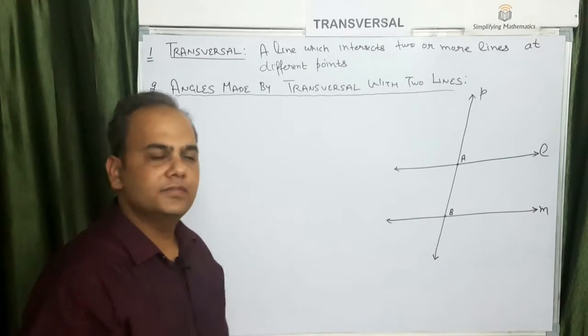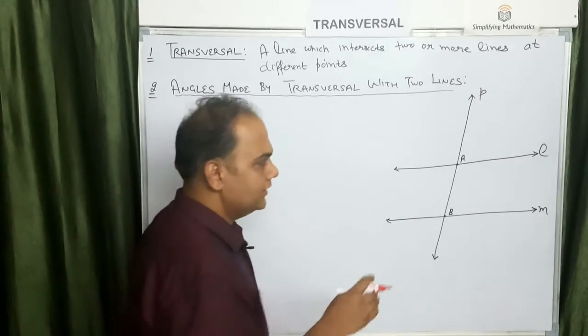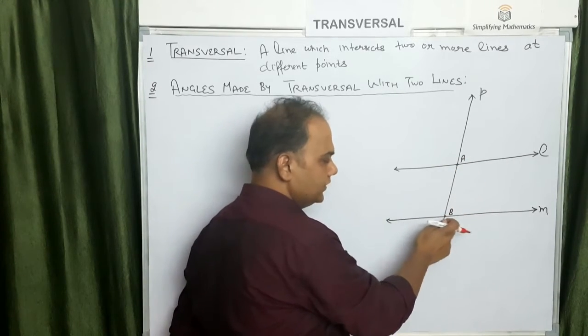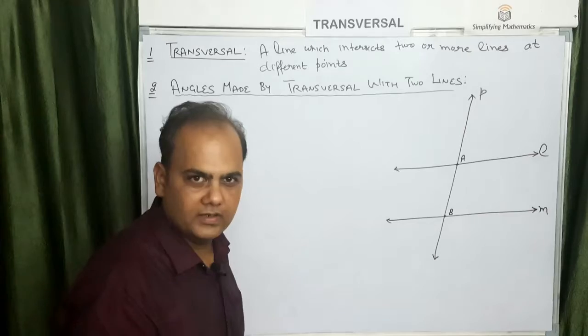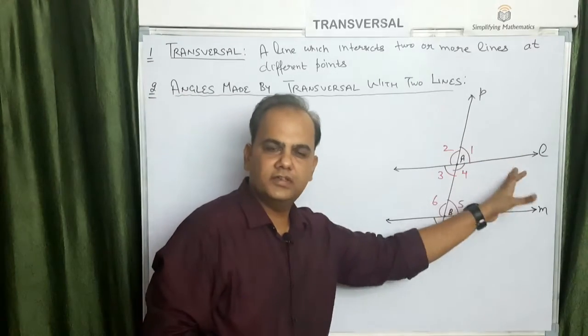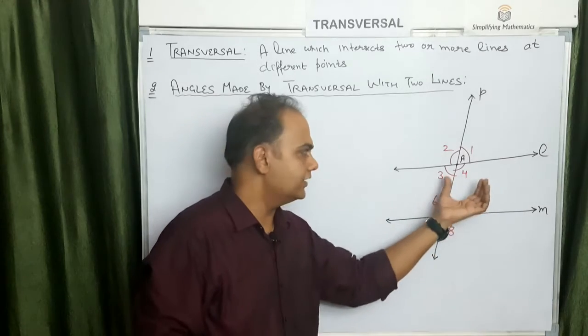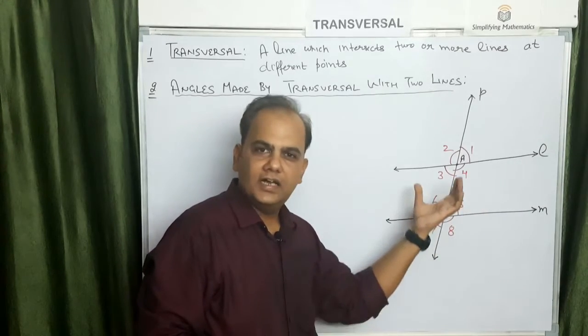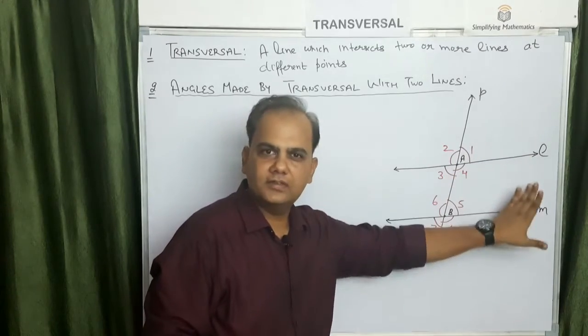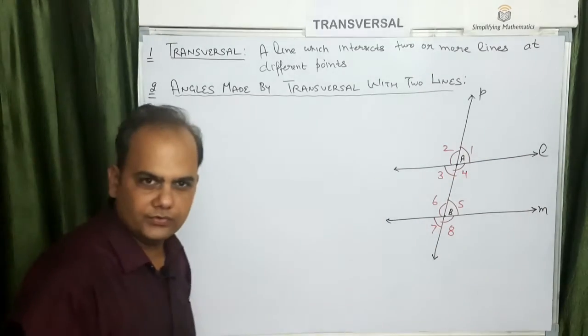Now what are the various angles which are formed over here? तो कौन कौन से एंगल्स है? तो एक तो 1 2 3 4 ये एंगल्स बन रहे हैं और 1 2 3 4, तो चार एंगल्स यहाँ पे बन रहे हैं. तो let's name them. So now 8 angles are formed with this transversal with these two lines. अब उन 8 angles के what are the names and what are the various pairs of angles which are formed by this transversal with these two lines, so that we are going to study.